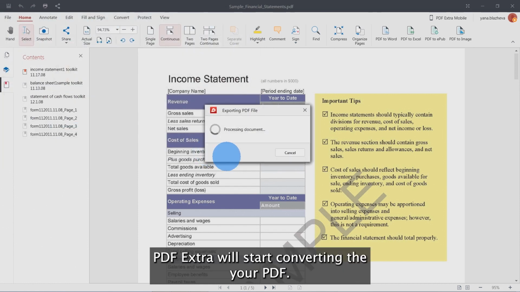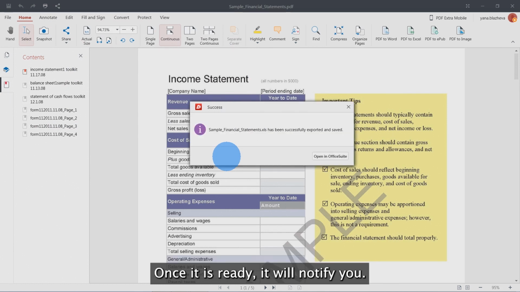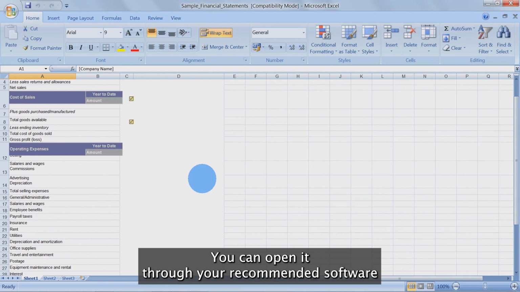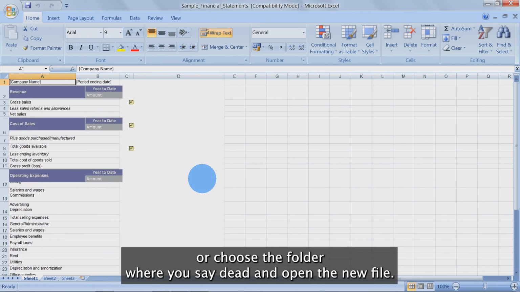PDF Extra will start converting your PDF. Once it is ready, it will notify you. You can open it through your recommended software or choose the folder where you saved it and open the new